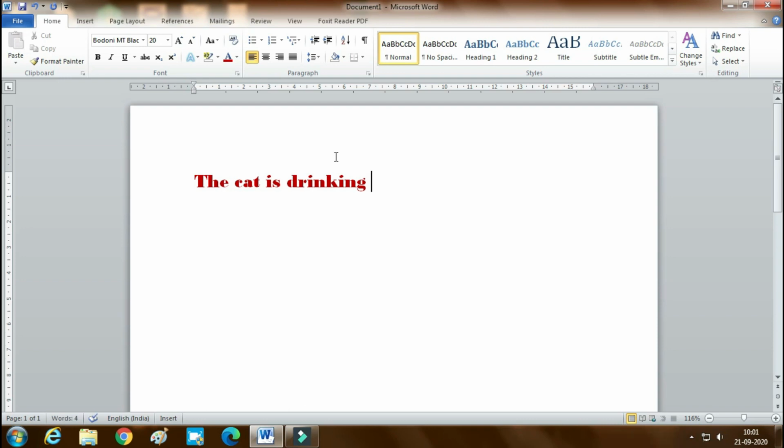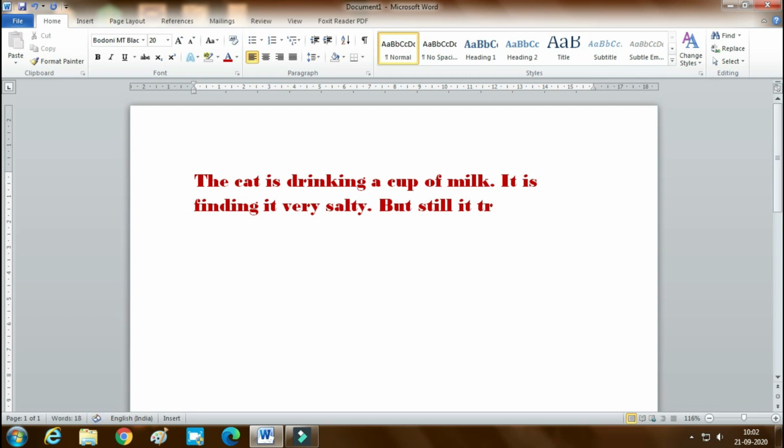The cat is drinking a cup of milk. It is finding it very salty, but still it tried to continue drinking the milk.